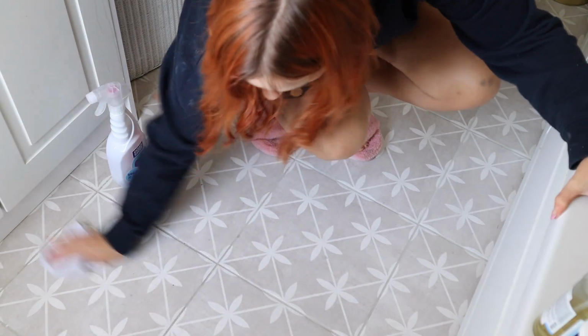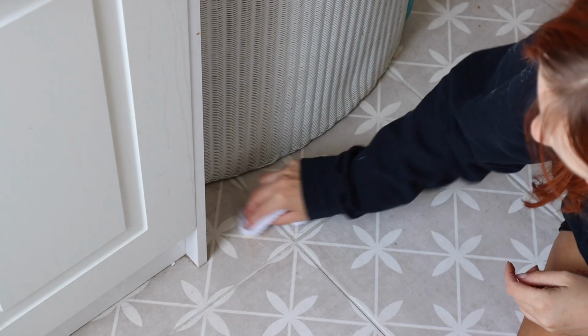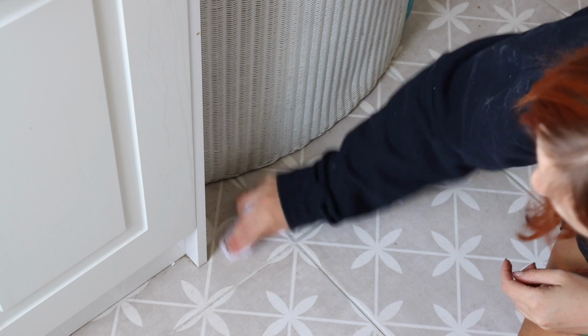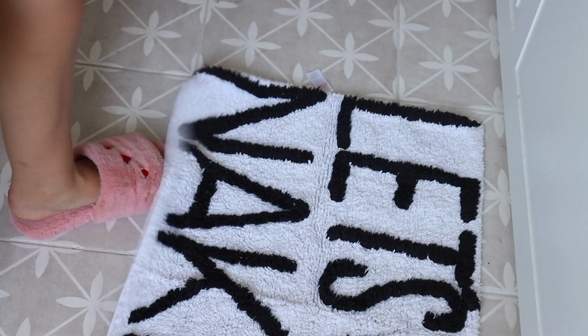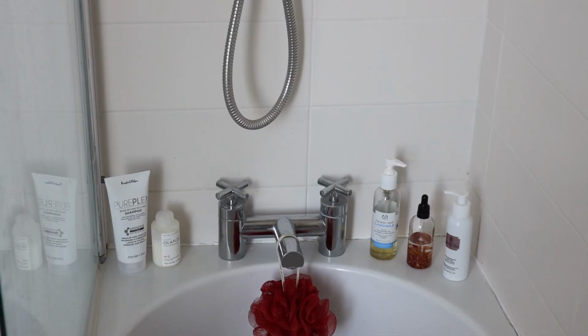Tried the same cleaner on my floors. It worked really well, except I've got this little patch where one of my hair colour masks dropped a big blob of orange on the floor. I tend to use a little bit of bleach to get these out. It's the only thing that works. And then after that,